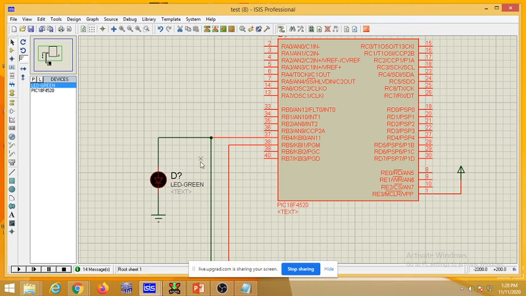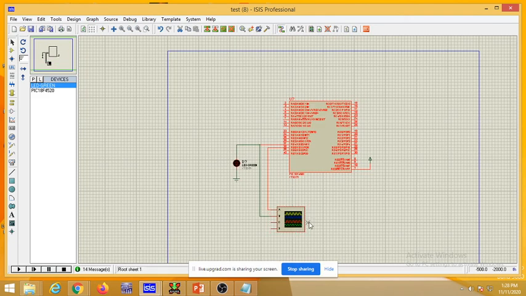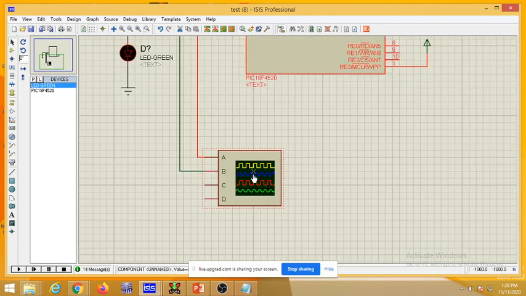That's why I'm connecting one LED here, and both pins are connected to two channels of our oscilloscope. There are 4 channels, and you can choose any channel. I'm selecting channel A and channel B. Okay, do all of you agree up to this design? Then the next task is